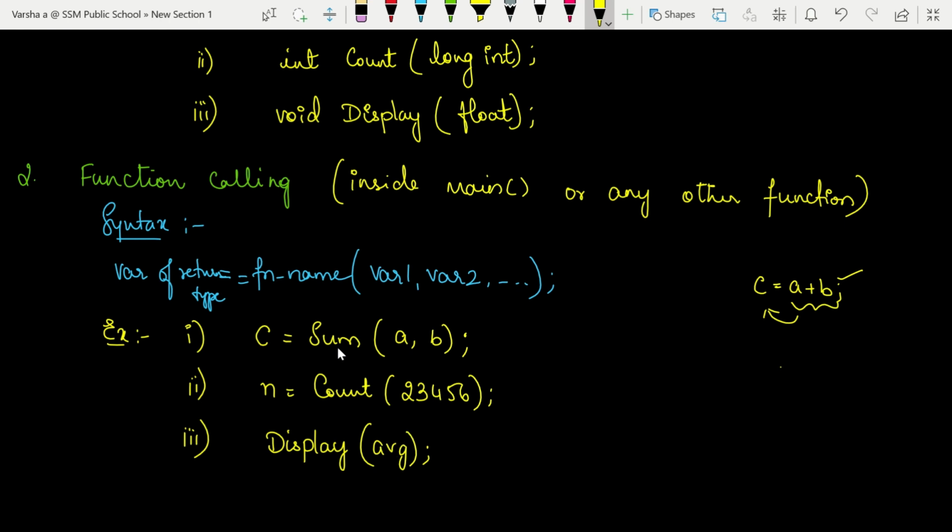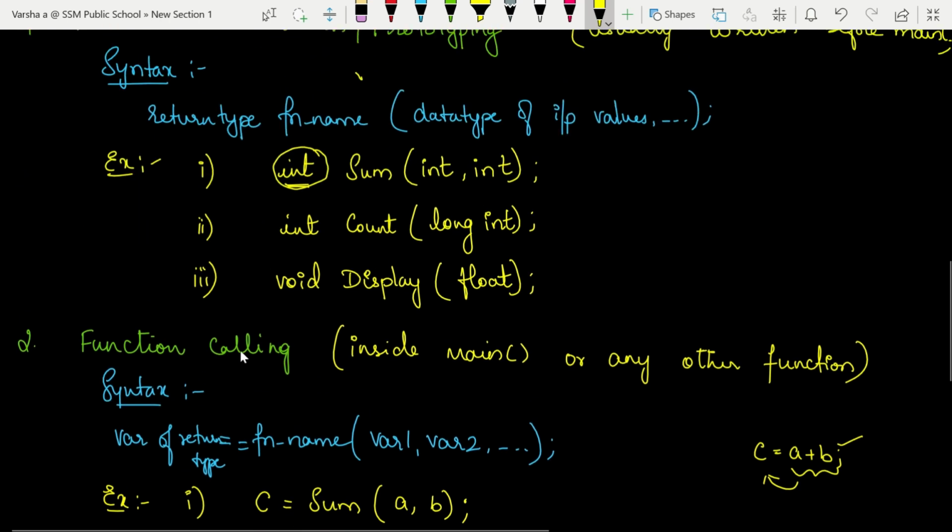The first function takes these two values as input and gives out another value as output, which is stored here. This takes one number as input and gives out the number of digits as output, which is stored here. This takes one variable to print some content, and it does not give any output. Therefore, we don't have any variable here to store the value, because the function is not returning any value. So this is function calling.